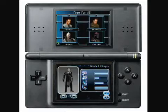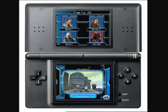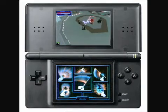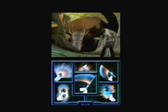We have a couple different multiplayer modes, more of a standard deathmatch on the DS. We also have more of a duel-based multiplayer mode where there's a back and forth and a sway meter, and whoever gains the advantage kind of unleashes themselves, and it's really a lot of stuff in one small package. I think everyone's going to be really happy with what they see no matter what platform they play,